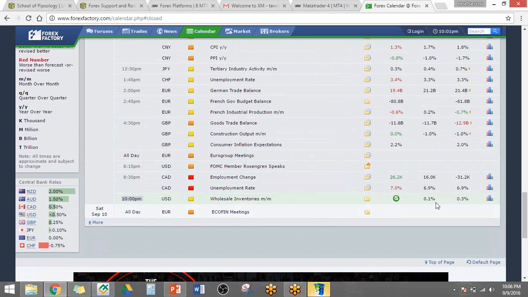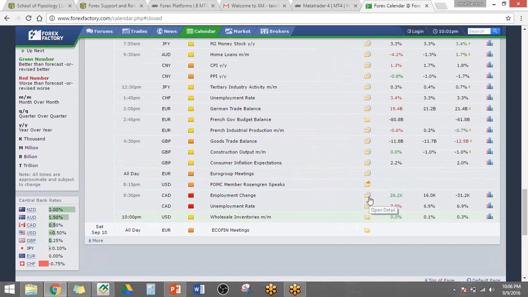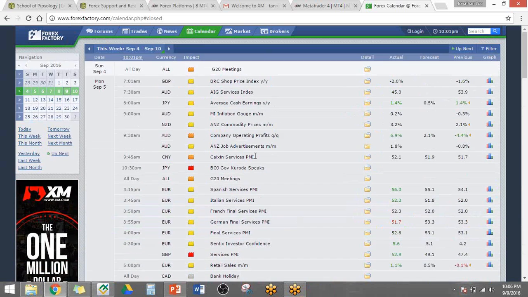Now at exactly 10 p.m., this data came out. Let's see. There you go. All right. So at exactly 10 p.m. earlier, this data came out. It's wholesale inventories. Here's your forecast, previous data, and actual data, 0%. All right, so basically that's